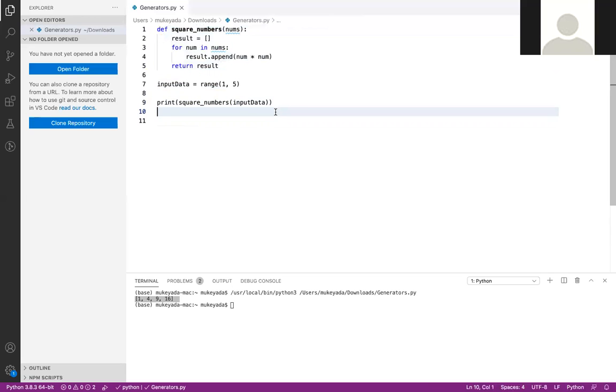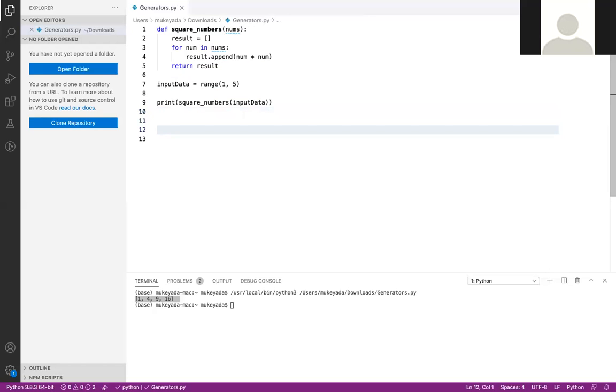That is impossible. To overcome such situations, there is a concept called generators. Generators are used to create iterators, but they use a different approach. Generators are simple functions which return an iterable set of items one at a time.